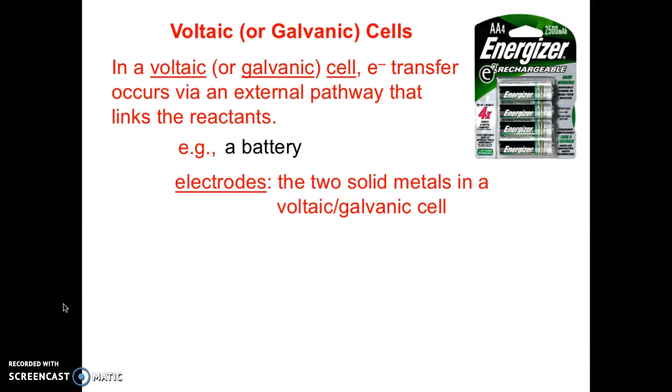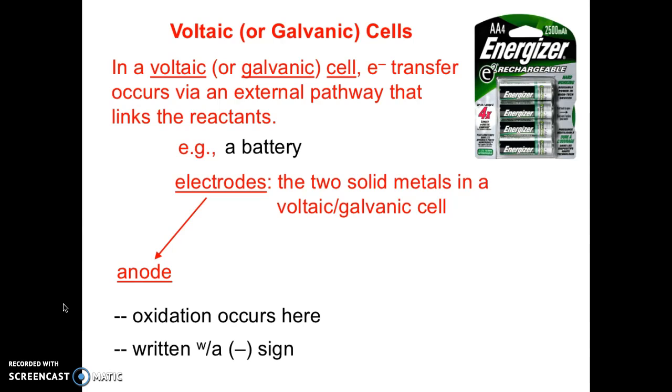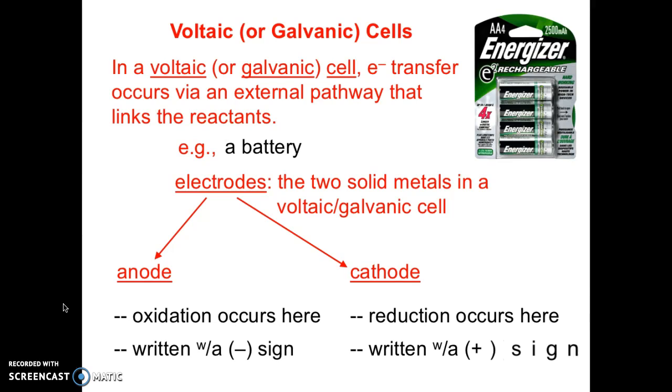Electrodes are another way of doing this. So an electrode is when you have 2 solid metals in a voltaic cell. So each of those are called an electrode. There is an anode, and an anode is going to be where the oxidation occurs, and it's usually written with a negative sign. And then we have the cathode, which is where the reduction occurs, and that's written with a